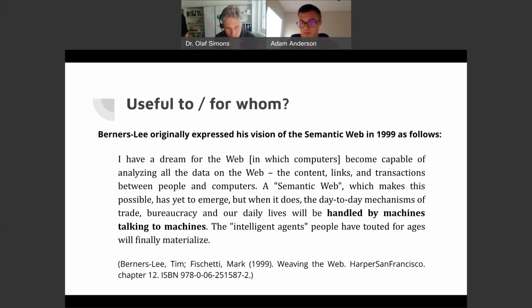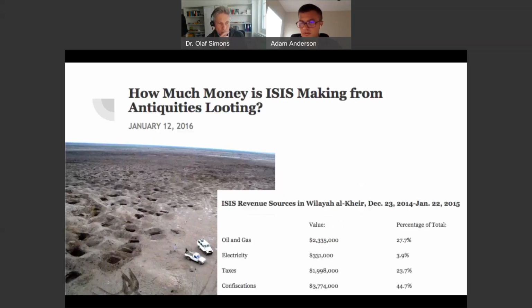Well, specialists still work one tablet at a time. There's a growing interest to use this data as a whole for language modeling. One of the other reasons that is driving me personally has to do with the looting that is a continuous problem. And as you can see here, the revenue that came to these rogue groups like ISIS, a part of their income comes from excavations or looted sites,